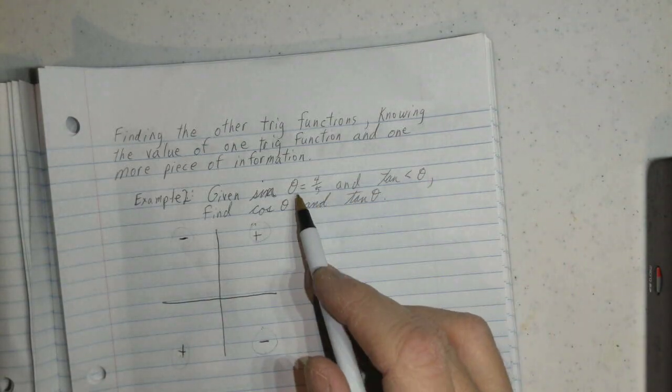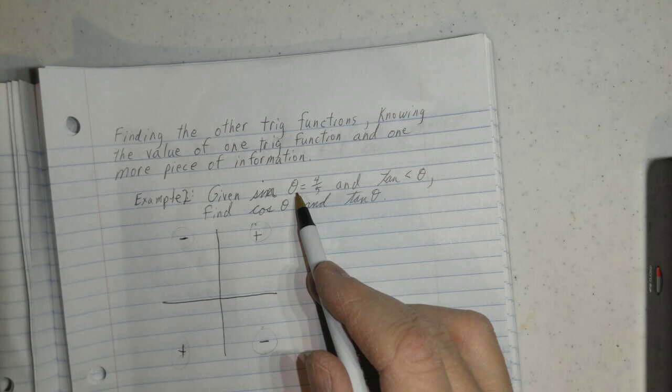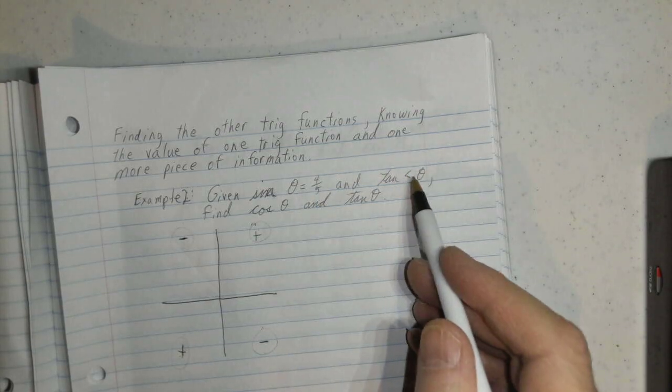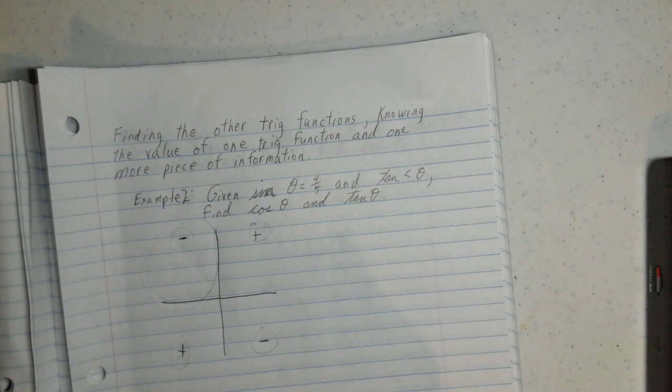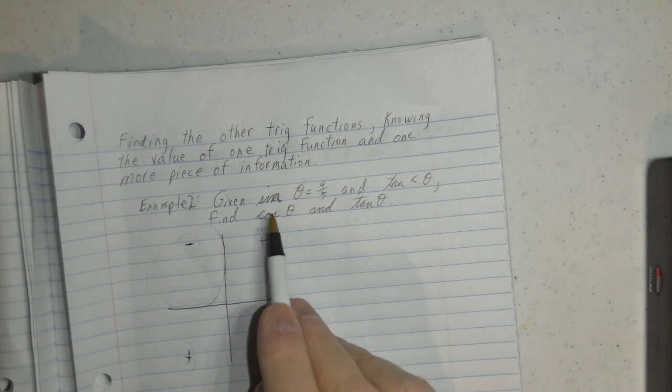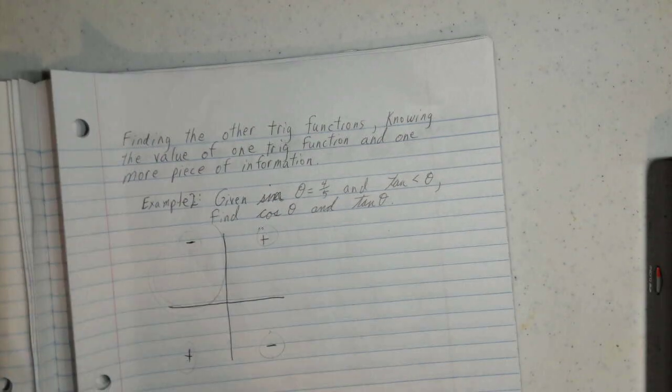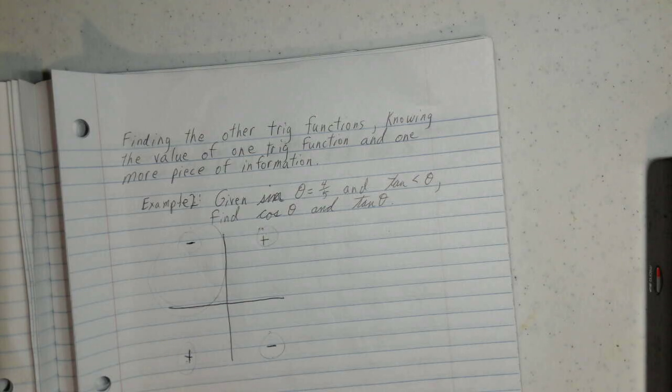So the sine is positive 4/5, and tangent is less than 0. So we are in this quadrant. We're in quadrant 2 here. Now, we're going to find the cosine, and if we're in quadrant 2, the cosine is going to be negative. So what we could do here,